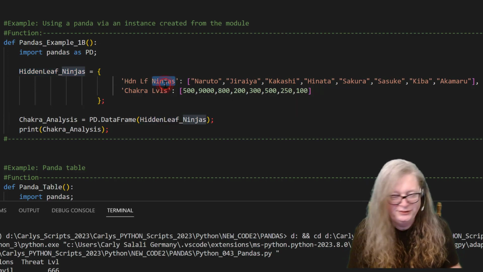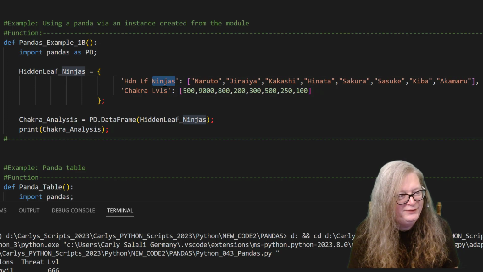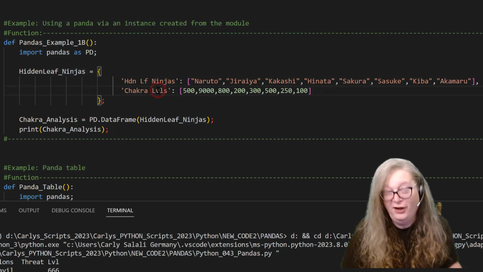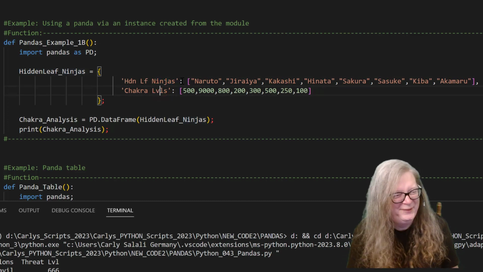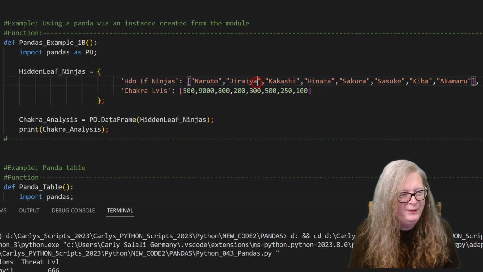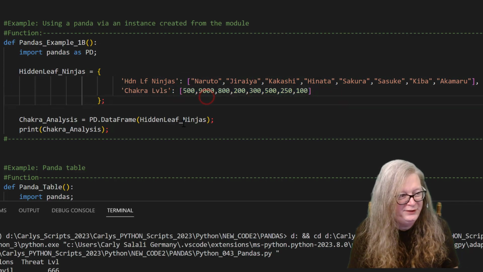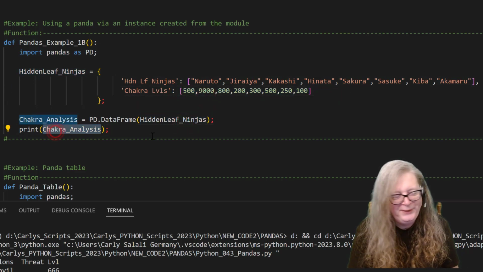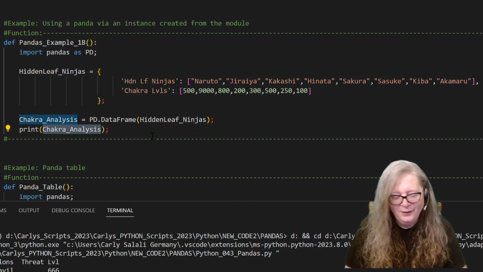Our dictionary is similar to the one before. We have hidden leaf ninjas as one key value, and chakra levels is the other key value. And then we have some lists, so an entire list of strings here, and an entire list of chakra levels here, okay? There's our dictionary. We pass it in, and again, if we were going to do this manually, we could spend